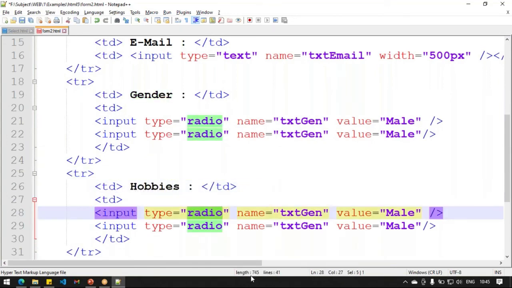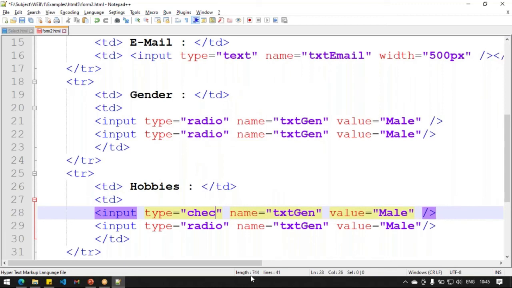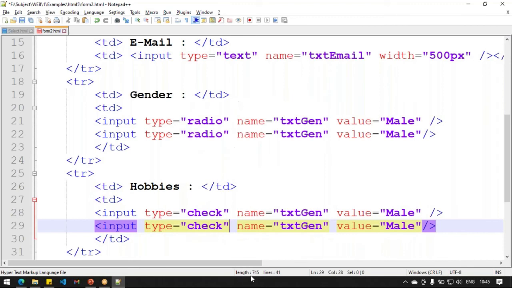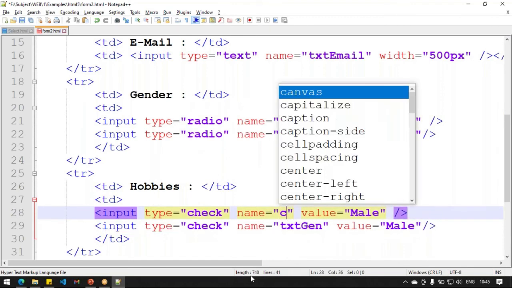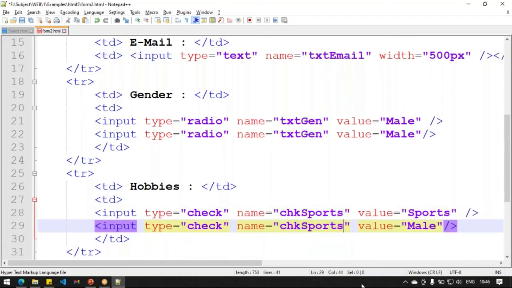Hobbies, checkbox. Say chk sports, then the same thing, chk sports and let's say chk dance.